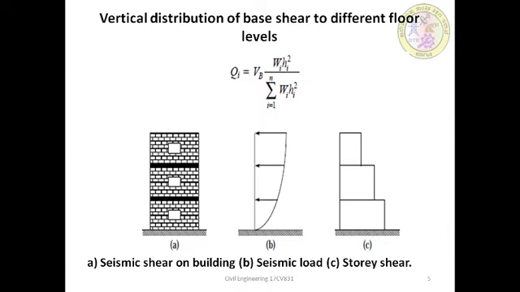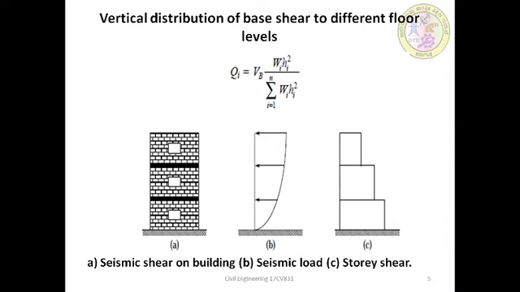So here the expression is that Qi, how this distribution is to be done, is that Qi is equal to Vb times Wi into Hi square divided by the sum of Wi into Hi square. So in this figure we can see the first one is the seismic shear on the building, and the second one shows how this seismic load is going to happen and how this story shear is to be calculated at every story level. So here in this case Qi is nothing but the design lateral force at every floor, the ith level,